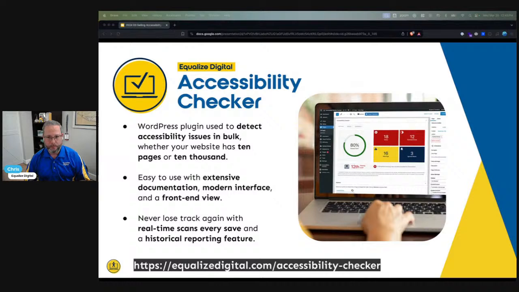And findings, most importantly, are right inside the editor, the page and post editor in WordPress. So that's right where you are. That's right where your team is. That's right where your client is. So this is going to be front and center, and they're going to be able to see what the accessibility problems are. Say you go update a post, you put a new image into it, and you forget to put alternative text, and that's an image that needs it. The Accessibility Checker warning count is going to go up, and you're going to see it and be like, oh yeah, I forgot to put alternative text on the image. Let me go do that, right? And that's really the idea.